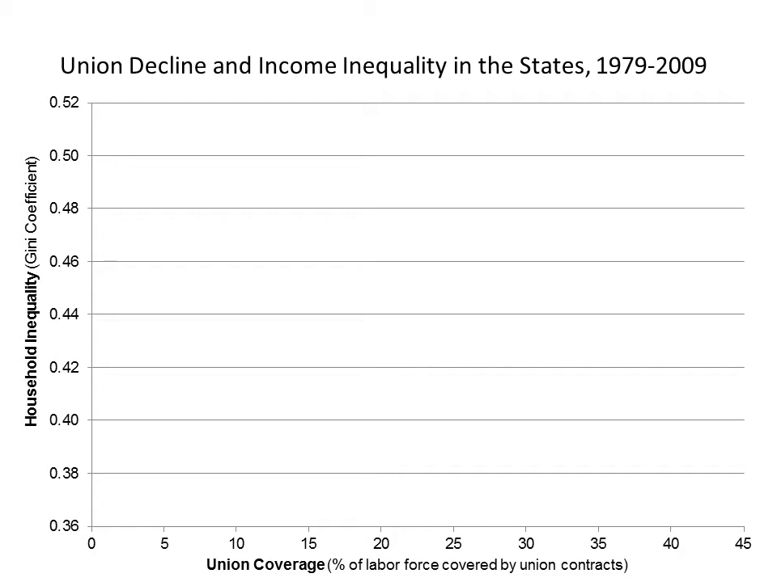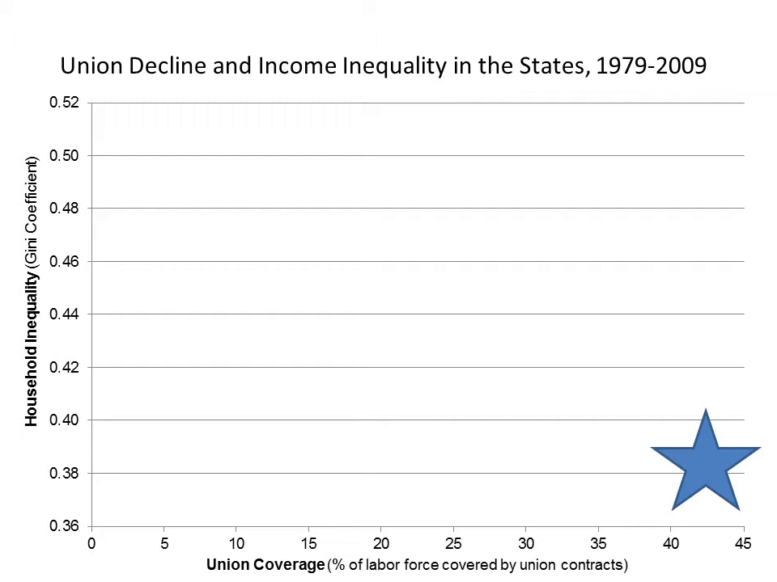This graph plots the relationship between union density and inequality. Household inequality is on this axis. The higher the Gini coefficient, the greater the inequality. And union coverage, the share of the labor force covered by union contracts, is on this axis. Ideally, we would be about here, with a healthy share of the labor force represented by unions and a low